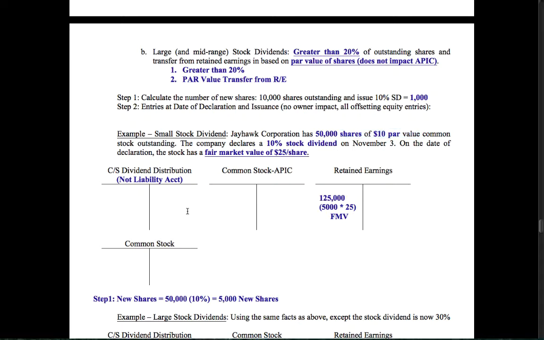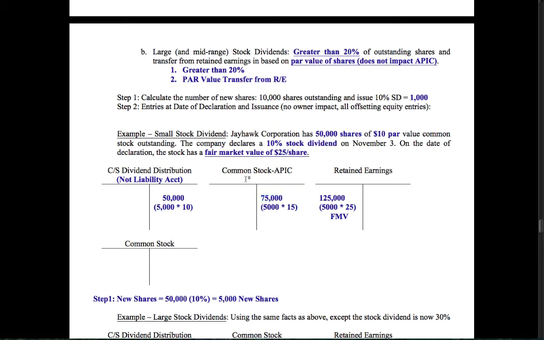Therefore, we need to increase this distribution account to reflect the par amount of what's being distributed, which is $50,000: 5,000 shares times the $10 par. Now we need to reflect the balance we need in common stock additional paid-in capital, because as you can see, we do not currently balance. Therefore, we need to take the 5,000 new shares times $15, and that gives us $75,000, and therefore our accounts